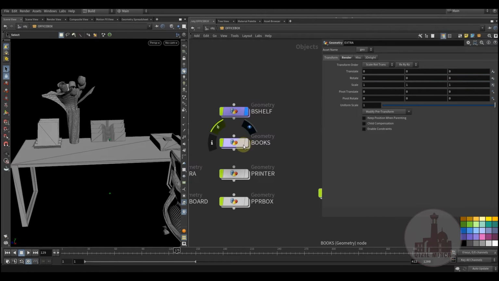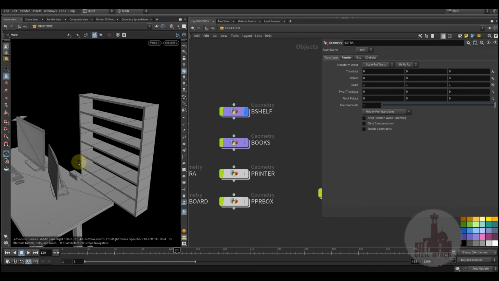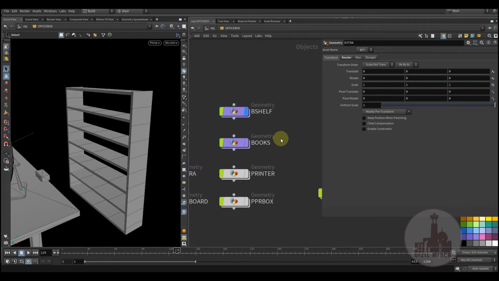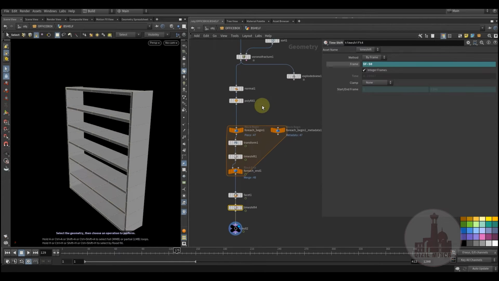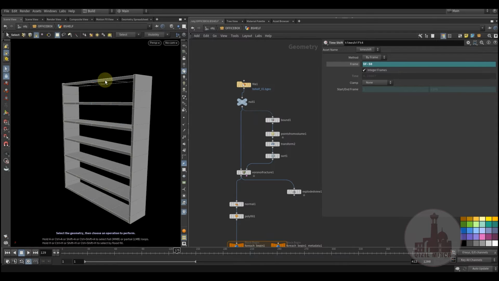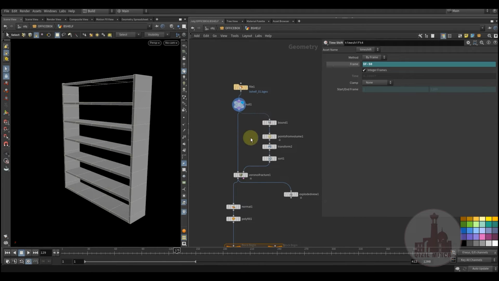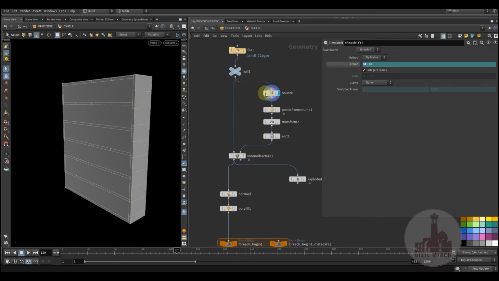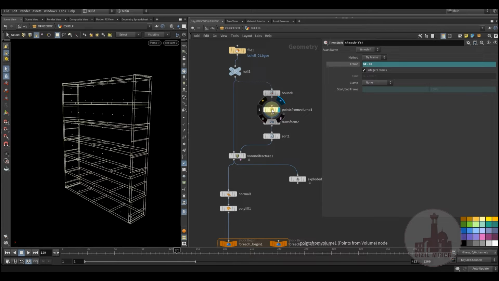Now the bookshelf. I have to recreate it, because the original bookshelf I was sent had very bad topology, and it is better to create a new one than use the original. Okay, so here I have my bookshelf, and here I'm using a bounding box, and